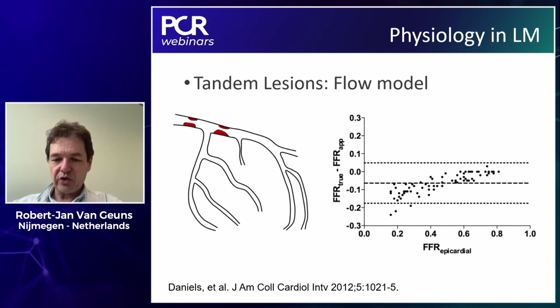Up to 0.06, it almost showed no difference. Even at 0.04, there is hardly, maybe a 0.05 difference between the epicardial FFR and the more true FFR. So really at the left side of the graph there are the big differences, but these are for very low FFR values in the end,